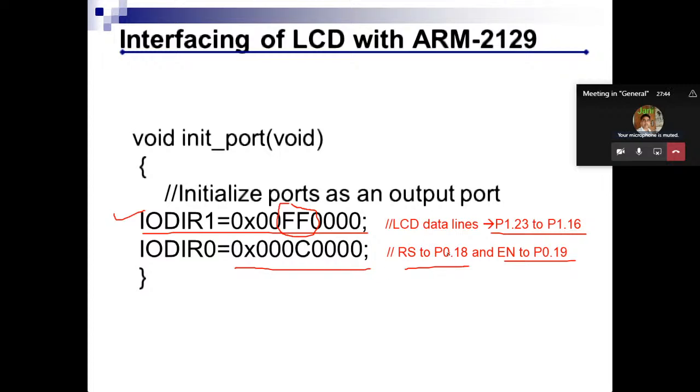If you are connecting this RS to P0.0 and P0.1, then this bit pattern will become 0x00000003 because the last two will be 1. So depending on where you are putting 1, the corresponding number you have to put here in the initialization, right? Let's say for example your entire port P0 is an output port, all the output devices you are connecting with this port, then all this will be FFFFFFFF. So all will be 1 in that case. So this is simply initialization of the port.